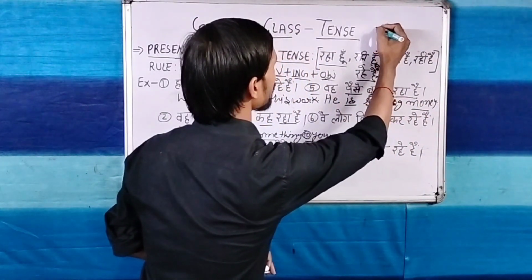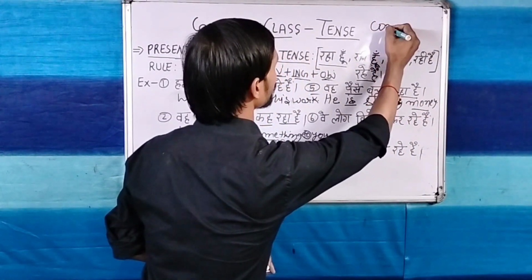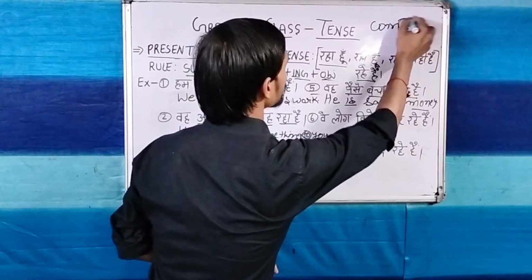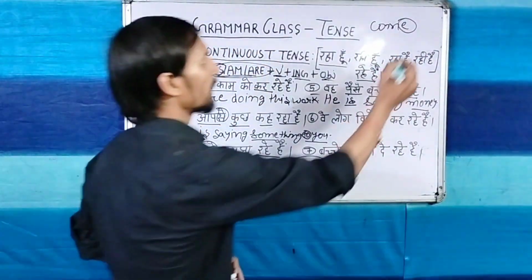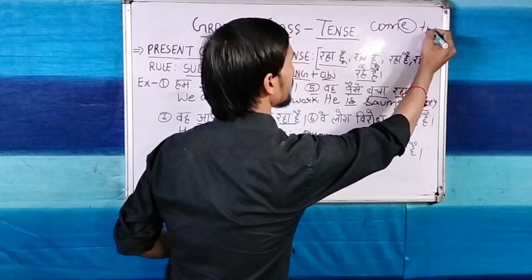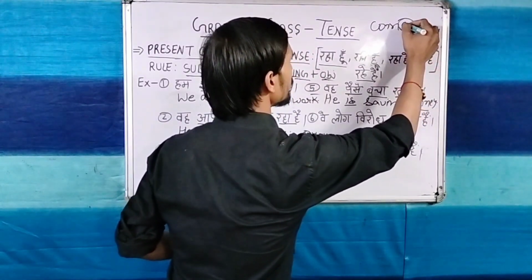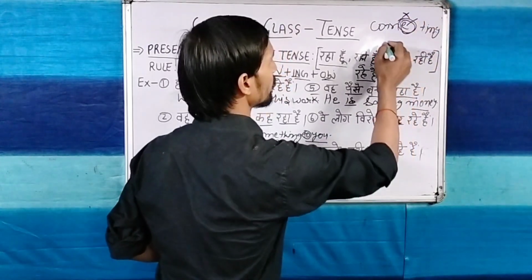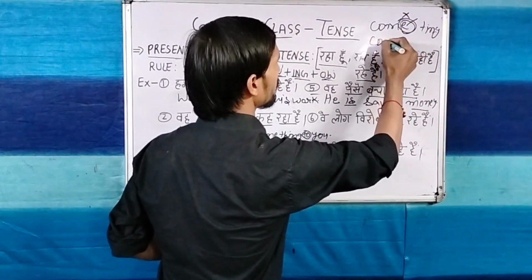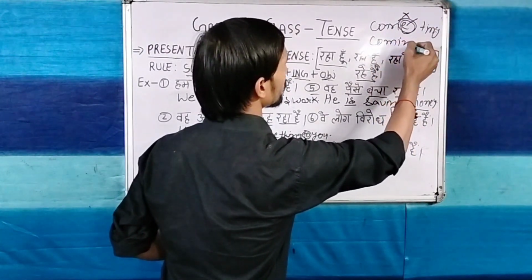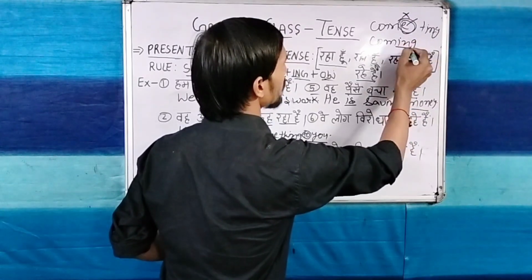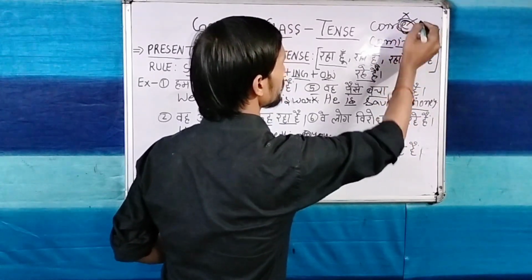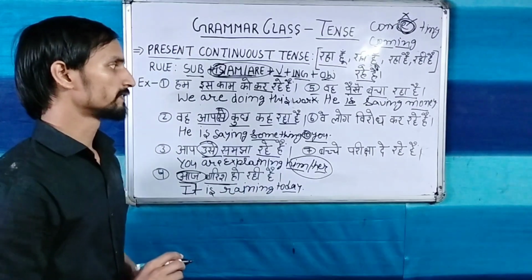You need to understand whenever with any verb, if e word is coming and you are going to add ing, so you will remove e word, means e word will not come, and you will write coming. When you will use ing with verb, so e word you will remove from your sentence.